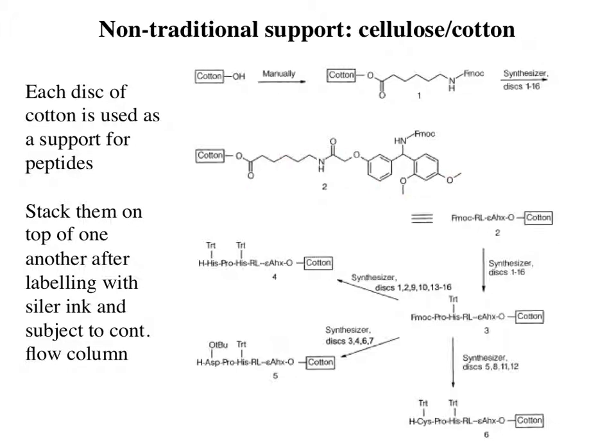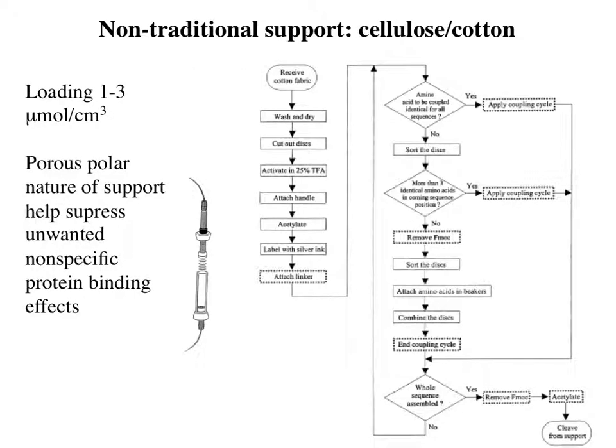You can add amino acids where particular discs have particular amino acids being added, or particular discs being removed or added, to generate different libraries where each disc is a different peptide library member. So here is your column, and what you can do is put your discs in the column and subject them to